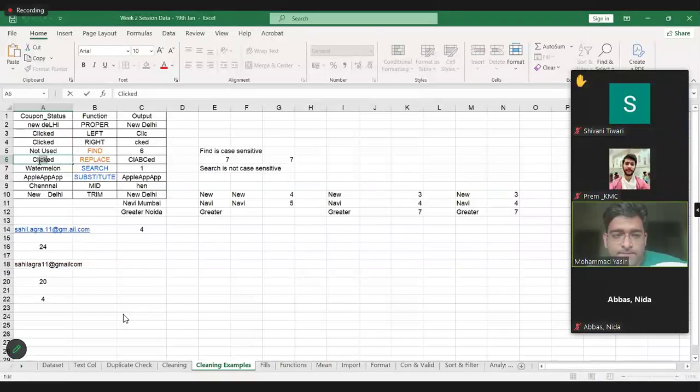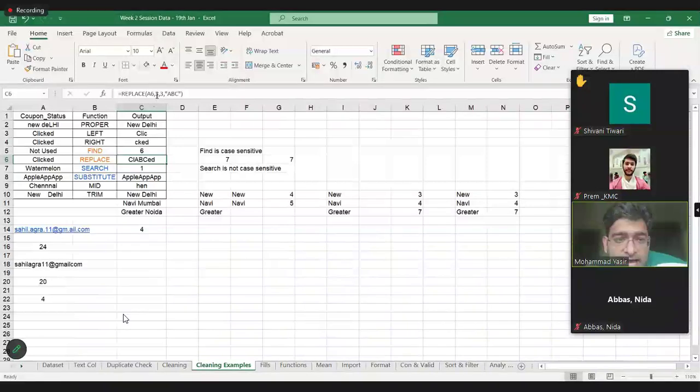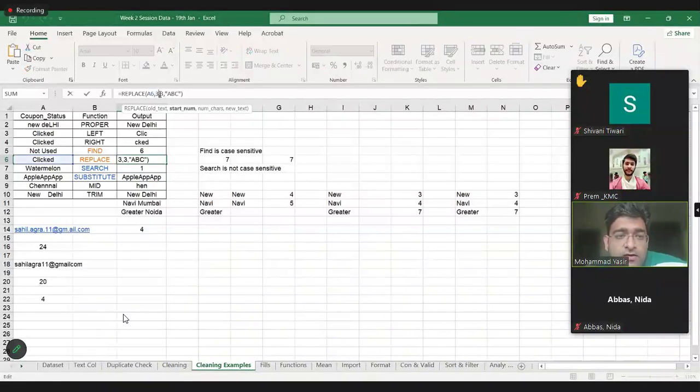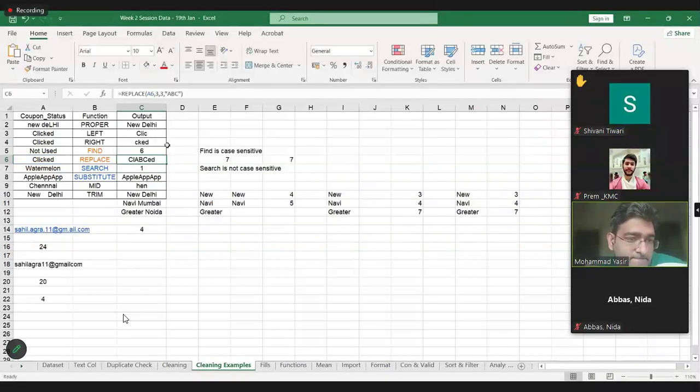Correct? But what is the limitation which Prem correctly said? That I need to remember or figure out from what place I want to start removing. Correct? Everyone clear up till this point? Manisha?